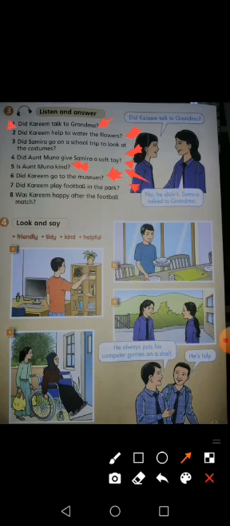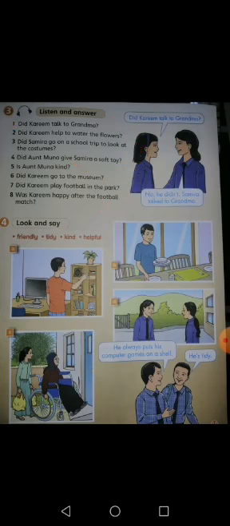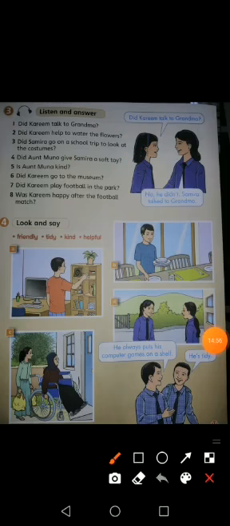So, did Kareem play football in the park? No, he didn't. He watched the football match at the stadium, right? The last question is, was Kareem happy after the football match? Yes, he was. He was very happy. Okay? So, let's move to exercise number